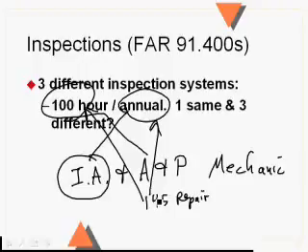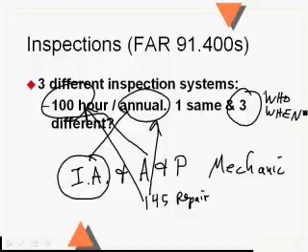So who gets to do it is one of these 3 differences. And of course, when you do it, the annual inspection is due every 12 calendar months, and the 100-hour is due every 100. And why you have to get it done: if the aircraft is not operated for hire, you only need a valid annual inspection, and if the aircraft is operated for hire, you need a valid annual and